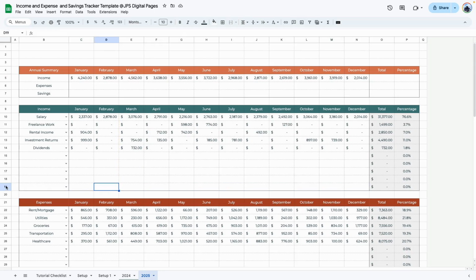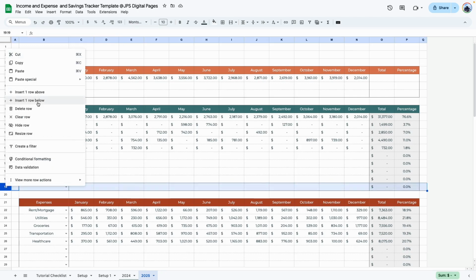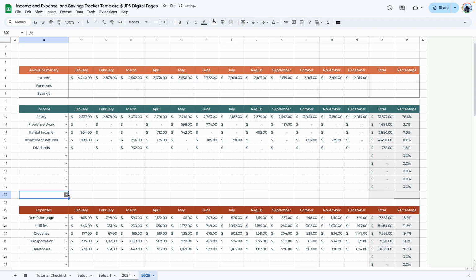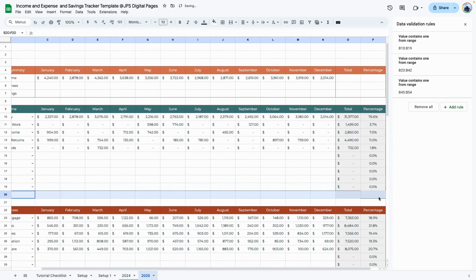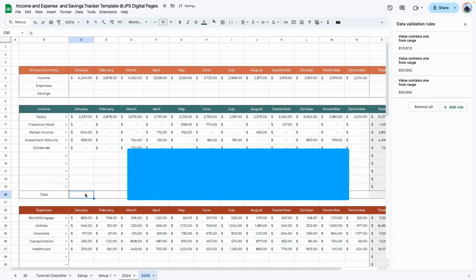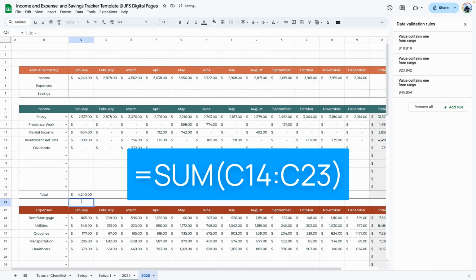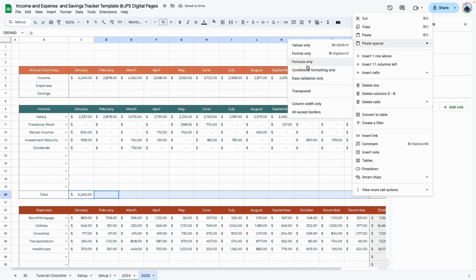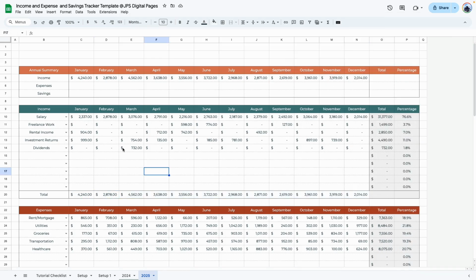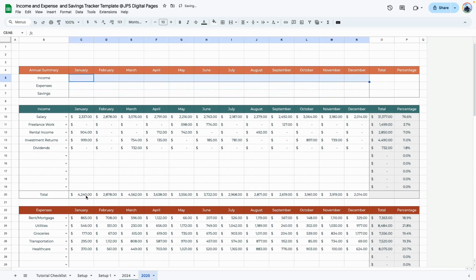The other way to do this would be, let's add one more row below, okay, and just remove this drop down just for this one, and then add borders and do the same thing, equals sum, add this range and click enter. Copy, paste, formula only. With this method, what we're going to do next is just going to delete this and then reference this cell. So you do equals, enter, equals, click on this cell, enter, and then you could also copy and paste or